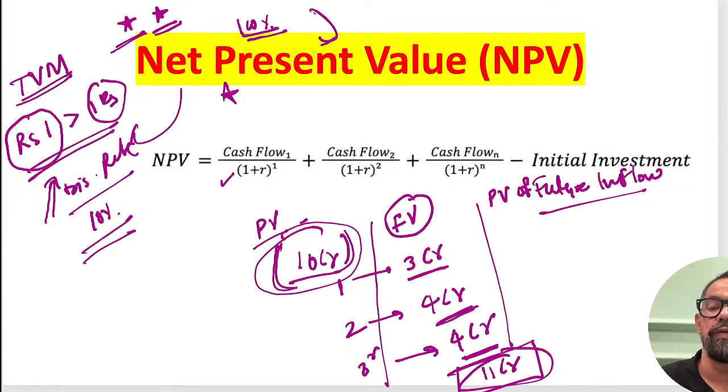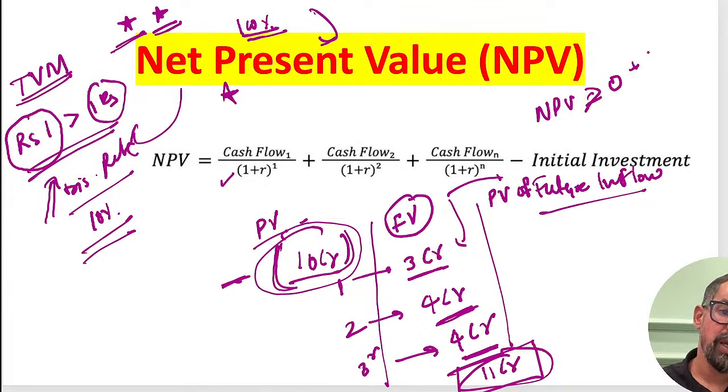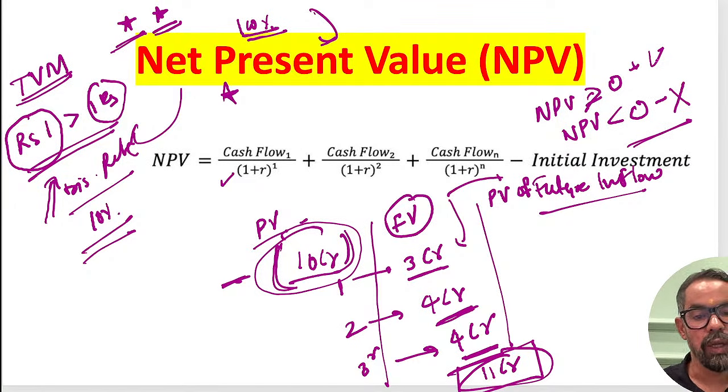It seems profitable. But the values you are getting are future values, and this money we are deploying today. So we should first calculate the present value of these future inflows. If your NPV is greater than 0, meaning positive, accept. Simple rule. If it is 0 or negative, just reject that particular project. If you calculate this, what will be your answer? Tell me, calculate, everyone.